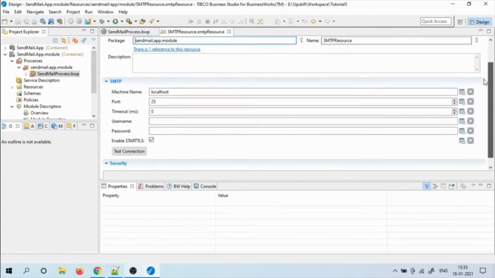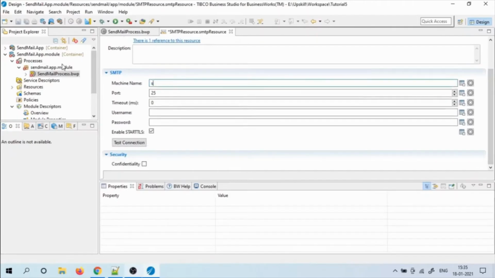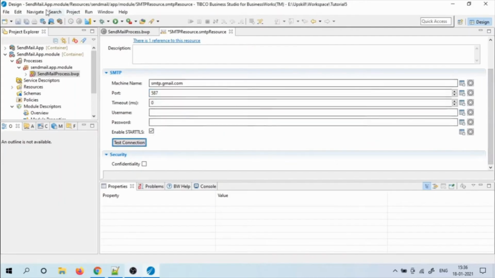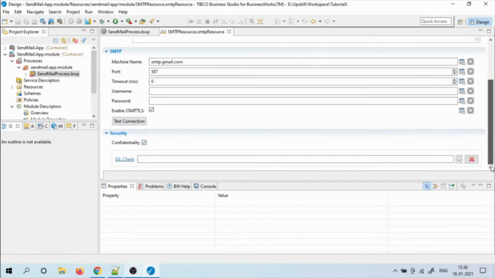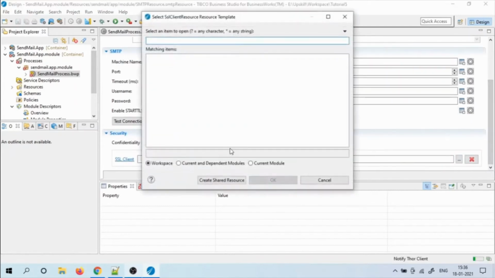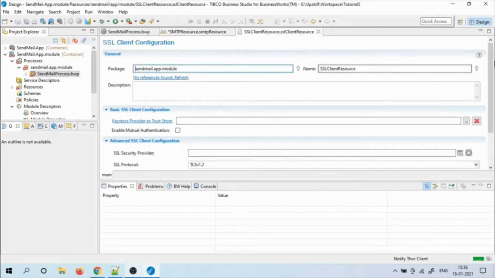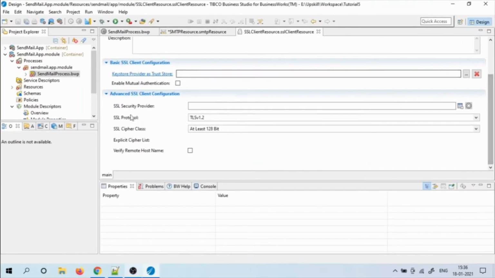Now in the machine name, give smtp.gmail.com and the port as 587. Click on test connection and enable confidentiality. Go down and create a SSL client shared resource. Accept the default name and click on the SSL client that we just created, and we have to use TLS